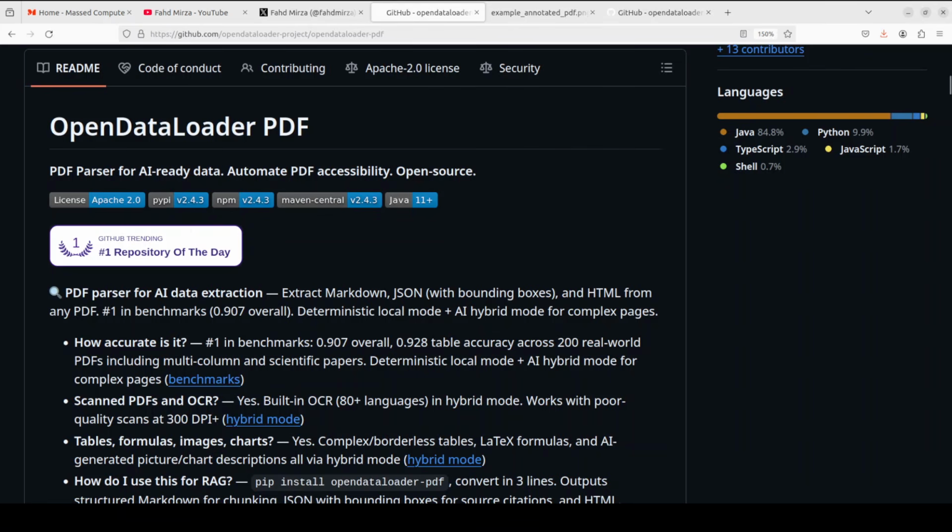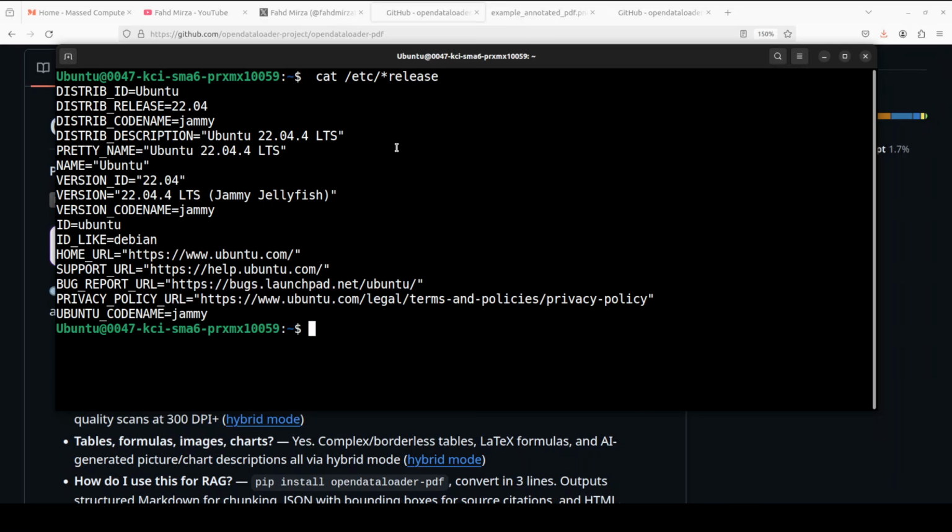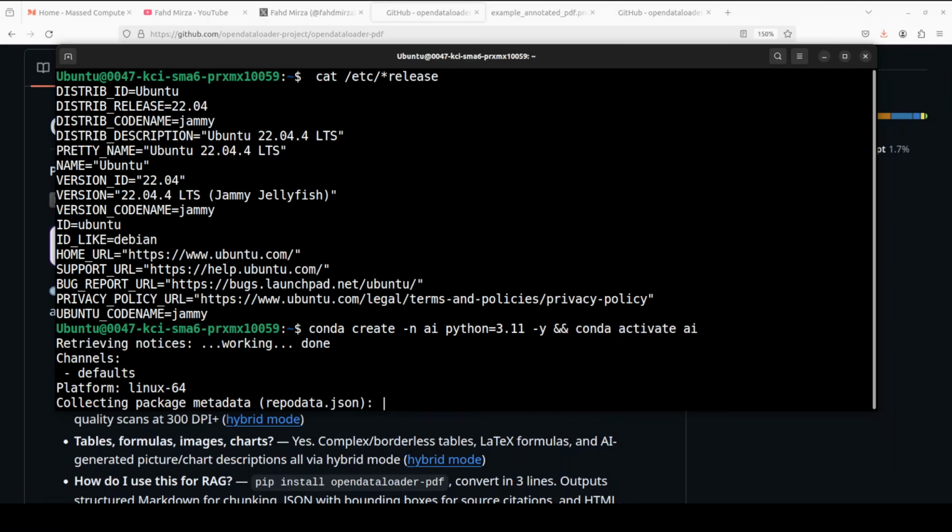Let's get it installed and I will show you how exactly you can use it. This is my Ubuntu system. I'm creating a virtual environment with Conda. As I said, you really don't need any GPU, but if you want to integrate it with any local model